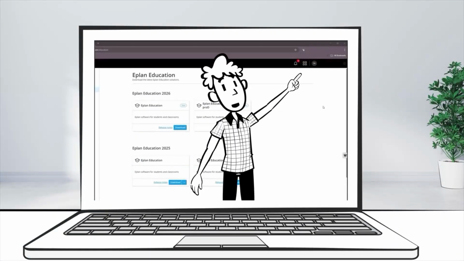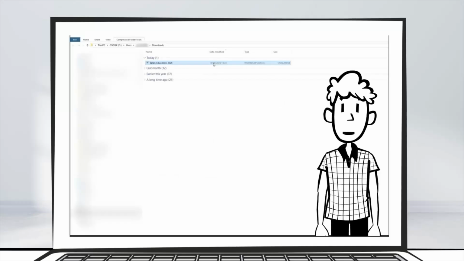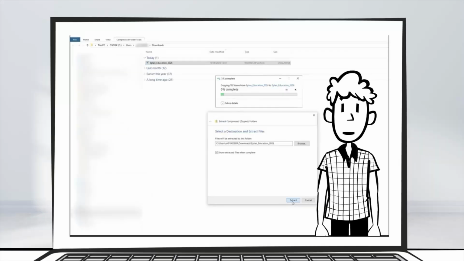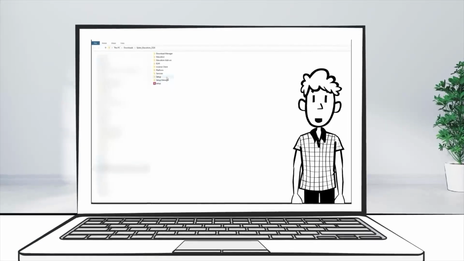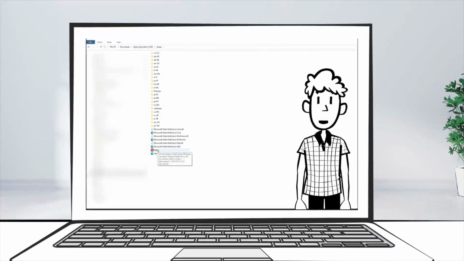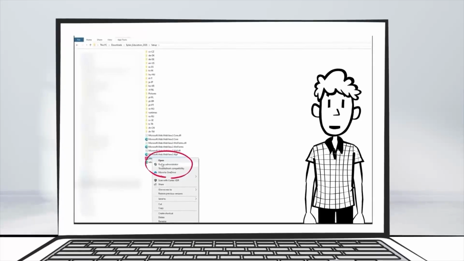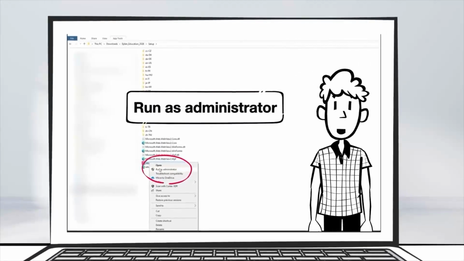Wait until the zip file has been downloaded to your downloads. Once this is done, click on the folder in the download area to go to the storage location. Right-click on the software and click on Extract All. Select the storage location for the folder and click on Extract again. This will extract both the folder and all files. Once complete, you can open the file. Either you will see the setup file, which you can run, or you can go to the setup folder and click on Setup. Right-click on the file and select Run as Administrator.